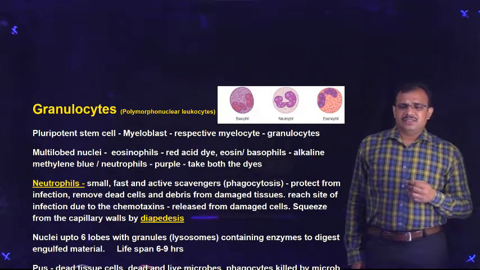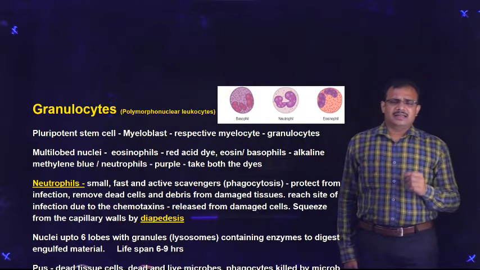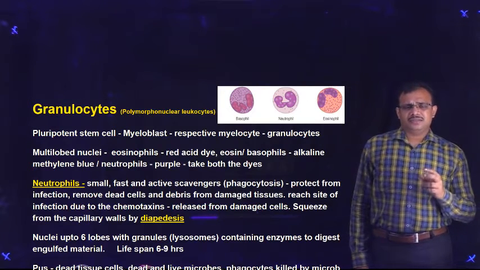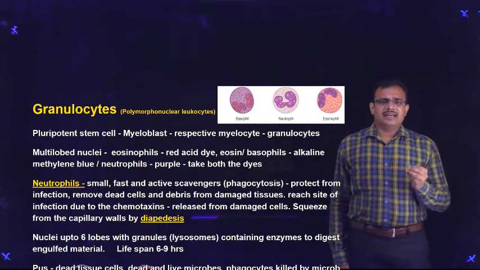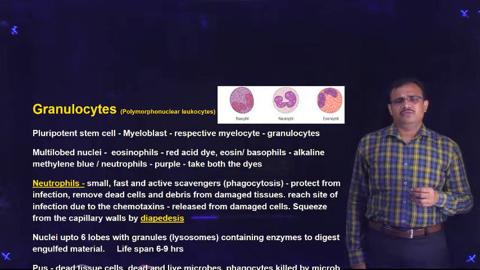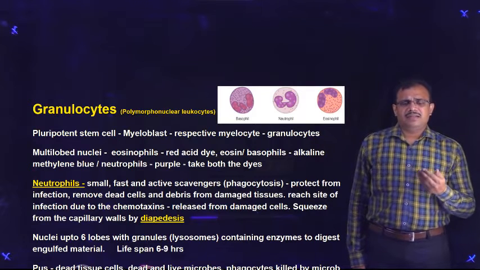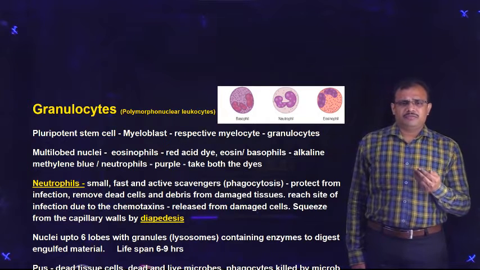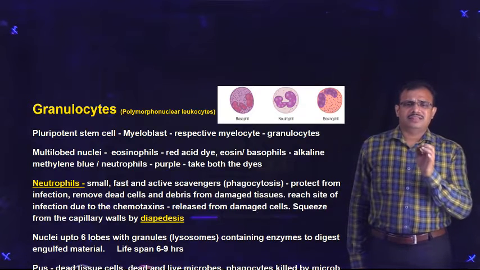And we have seen that the nucleus is multilobed, and we are categorizing that there are 3 different types of cells, and this categorization of cells depends upon the type of dye that it takes during the time of staining. So we have to observe under the microscope, and we have to apply different types of stains to see the number of those particular cells that are present in that blood smear or sample.